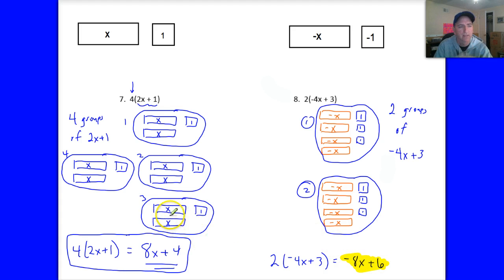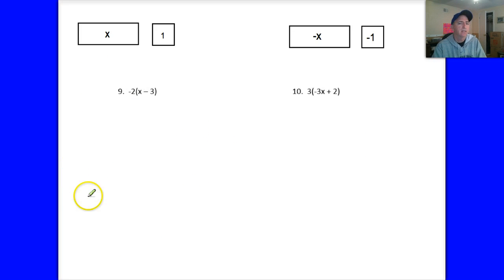Okay, hopefully you got it. If not, get it down correctly, please. A little strange thing happens on number 9, though. This says groups of negative 2. All right, well, it still means 2 groups, but here's what happens: that negative sign just means switch the signs